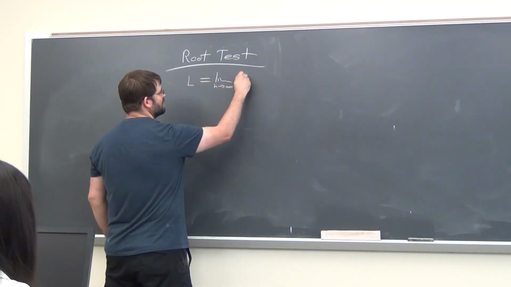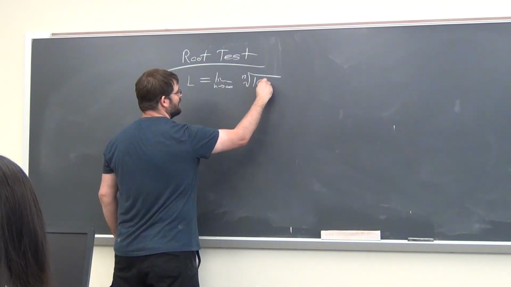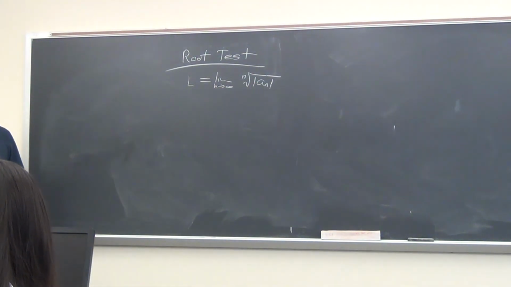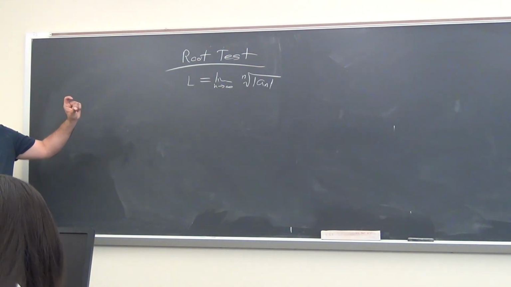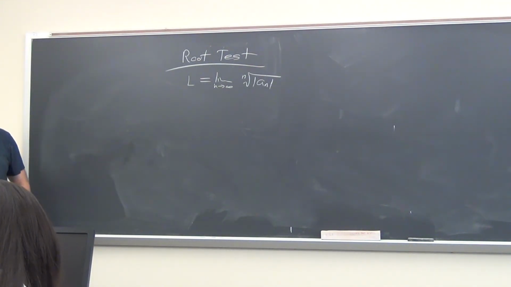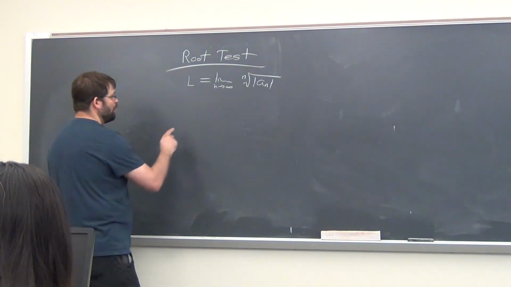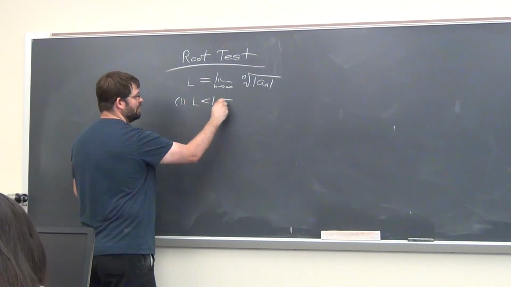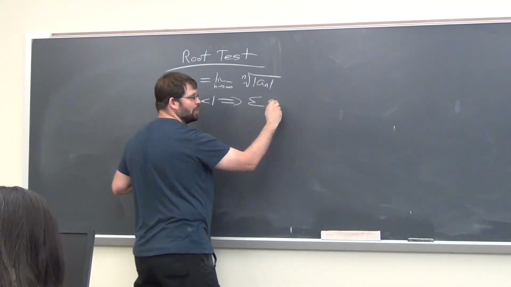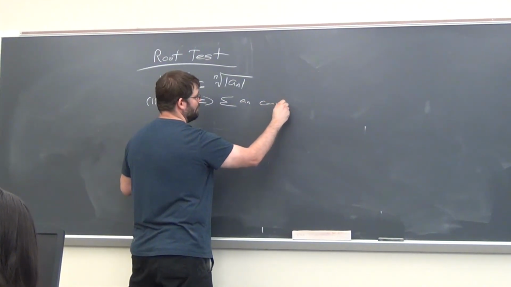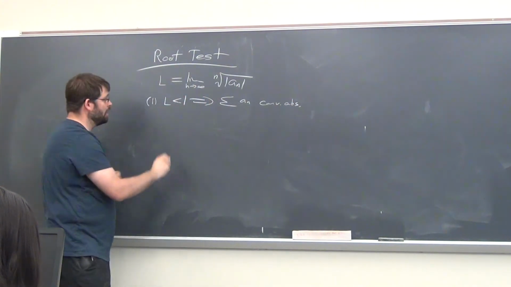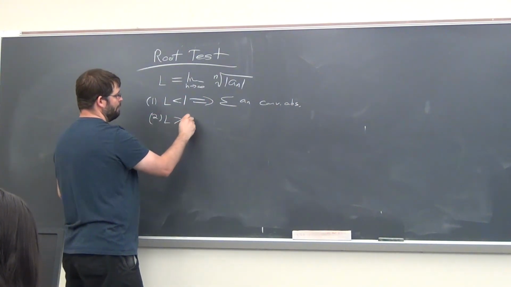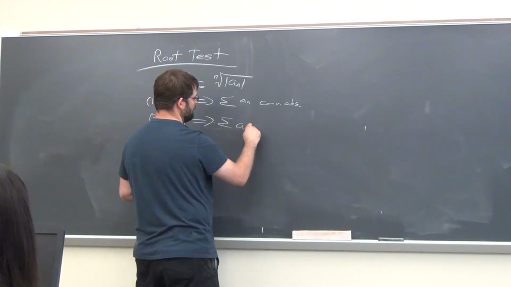Okay, we got a series. So rather than taking the ratio of the series, you just take the nth root of the absolute value of the nth term. Okay? So same setup, and then conditions are exactly the same. So if L is less than 1, then the series with the a sub n's converges absolutely. All right. L greater than 1. Series diverges,